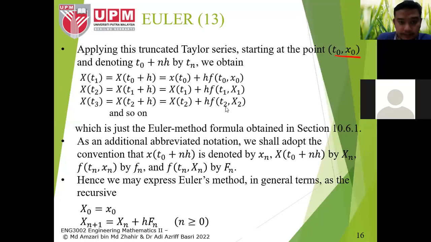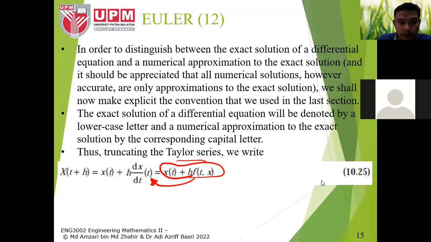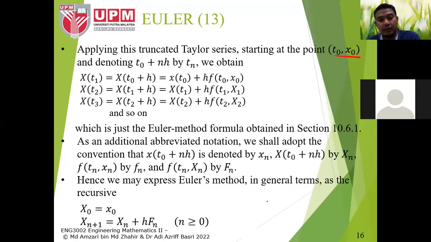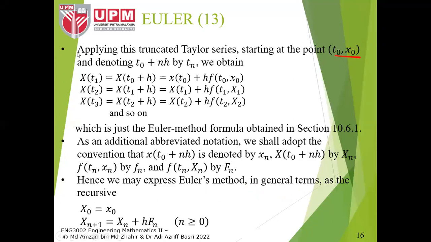Okay, again, in terms of the Taylor series here, this is x(t), the first function, x(t) plus h, the time step of the function. This is the simplification of the Taylor series based on Euler. If you can see here, for example,